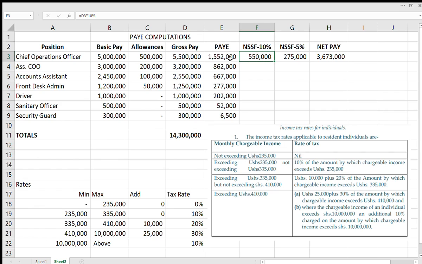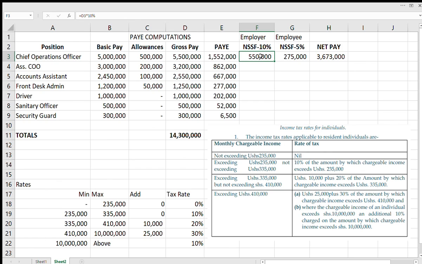So now we are going to NSSF. For the case of Uganda, there is NSSF for the employer and NSSF for the employee. Employer is 10%, and for the employee, it is 5%. Why we say NSSF 10% is for employer is, for the setup of Uganda, that the